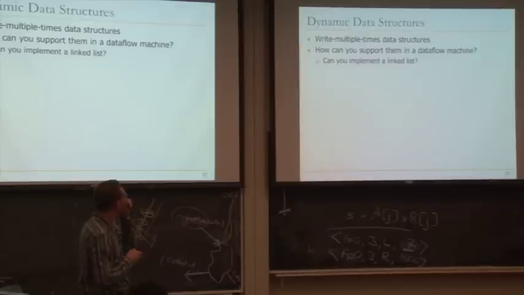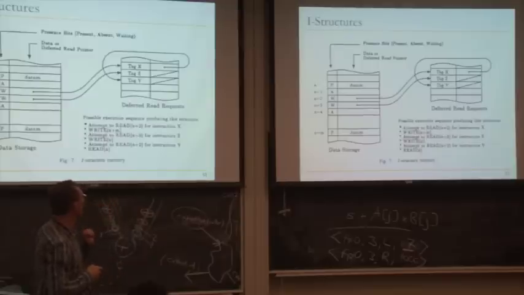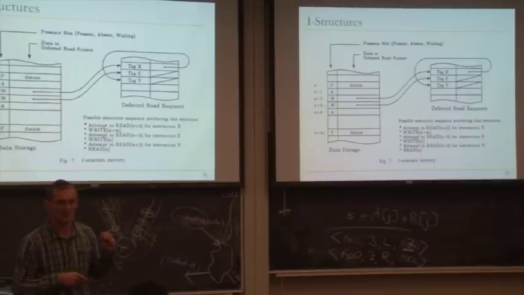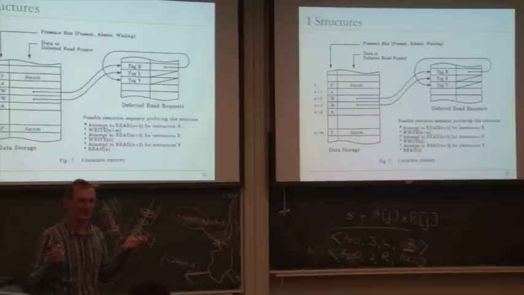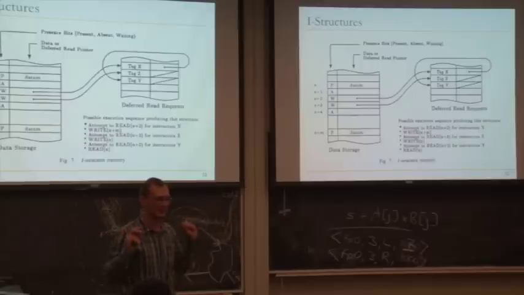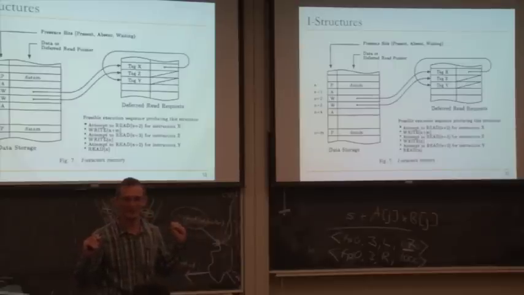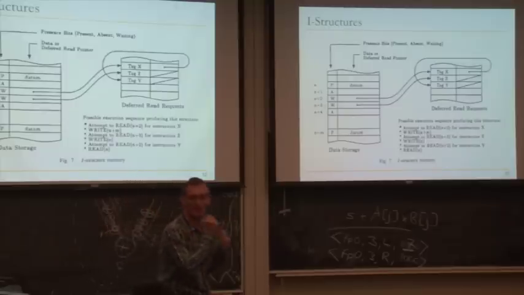OK, I think this is something I'll leave you with, because this is the tough part. So this is nice for write once data structure, right? Now the question is, what if you want to write multiple times to the same location, and you want to also read multiple times? How do you order those requests? Now this becomes difficult, right? Because you have this Dataflow graph, and these writes and reads, there's no ordering at all in your Dataflow graph. There's no control flow ordering.